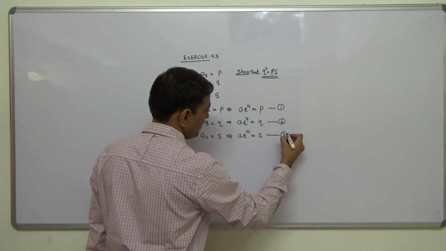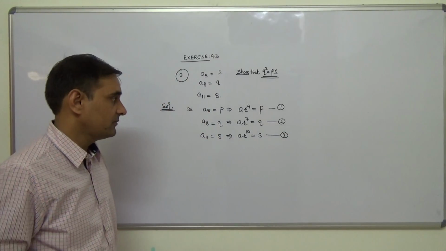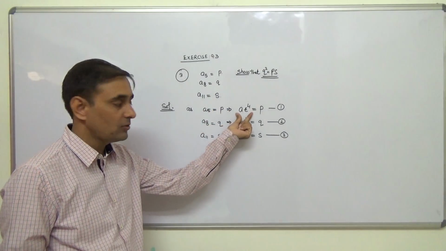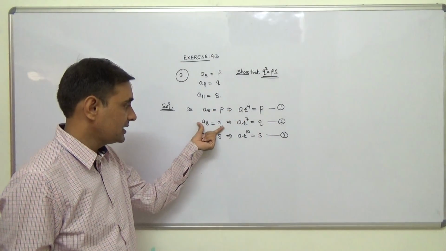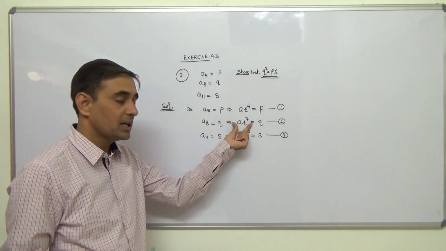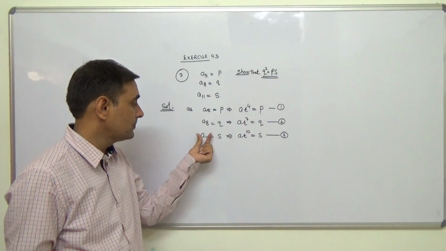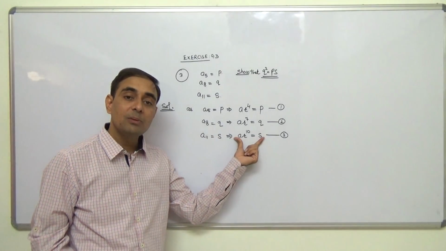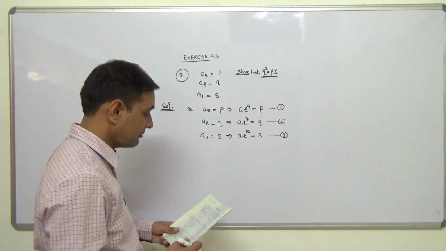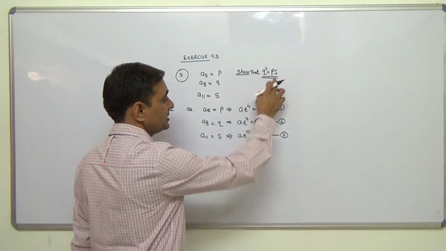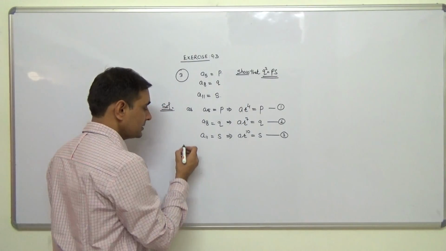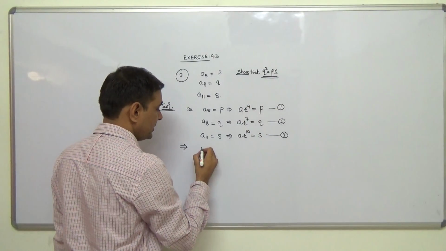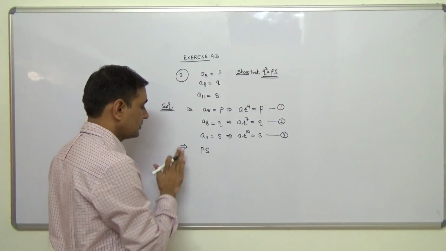This is equation 3. A5 हमें P given था, so A5 को हमने क्या लिखा, AR to the power 4, that is P. A8 is Q. A8 को हम लिख सकते हैं AR to the power 7, that is equal to Q. A11 is S, so A11 is AR to the power 10, that is equal to S. Now we have to show that Q square is equal to PS, right? इसके लिए हम क्या करेंगे, राइट साइड को सिंप्लीफाई करते हैं PS, right?